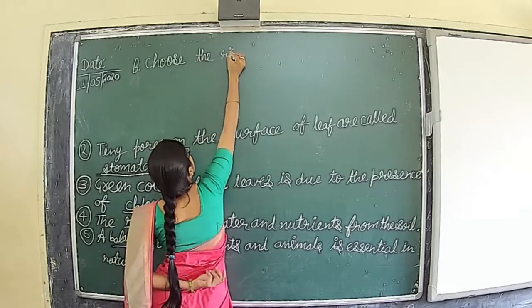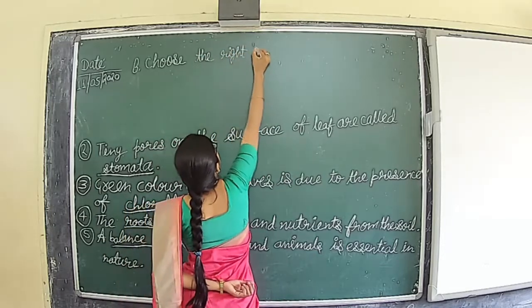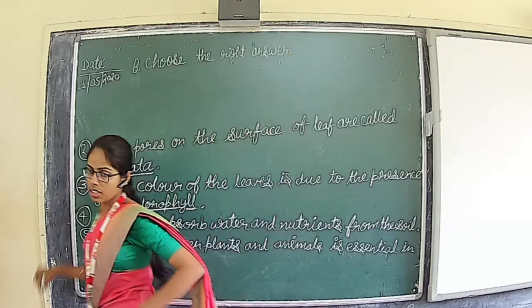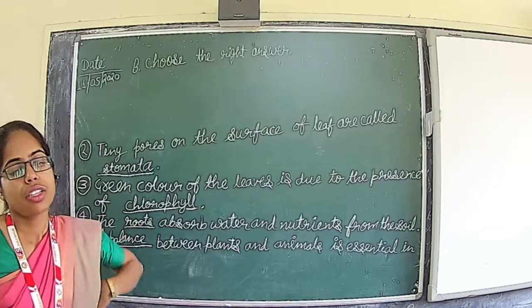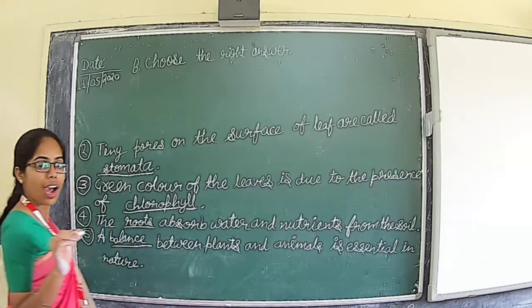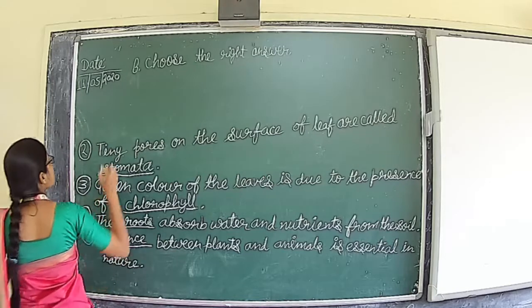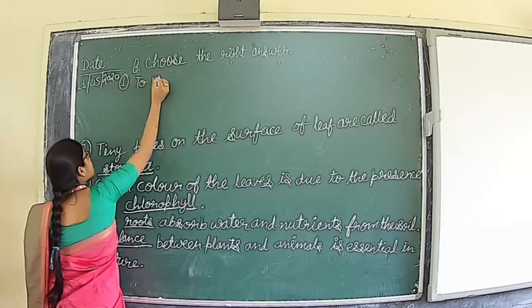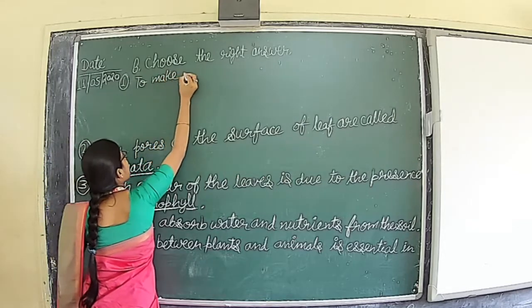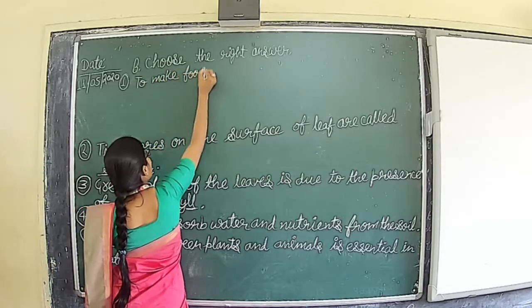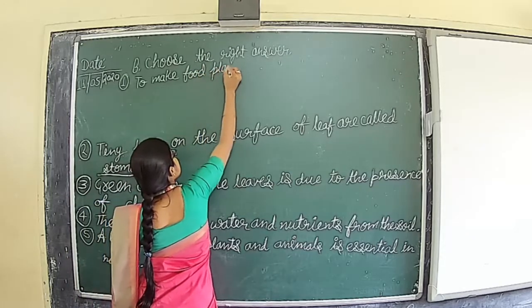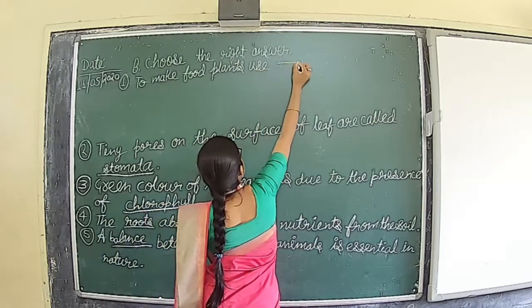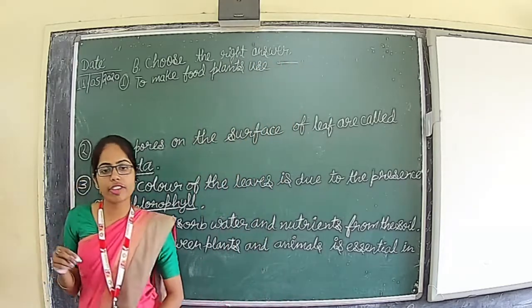Choose the right answer. In this context, the first question is: to make food, plants use dash. And the options given are oxygen,